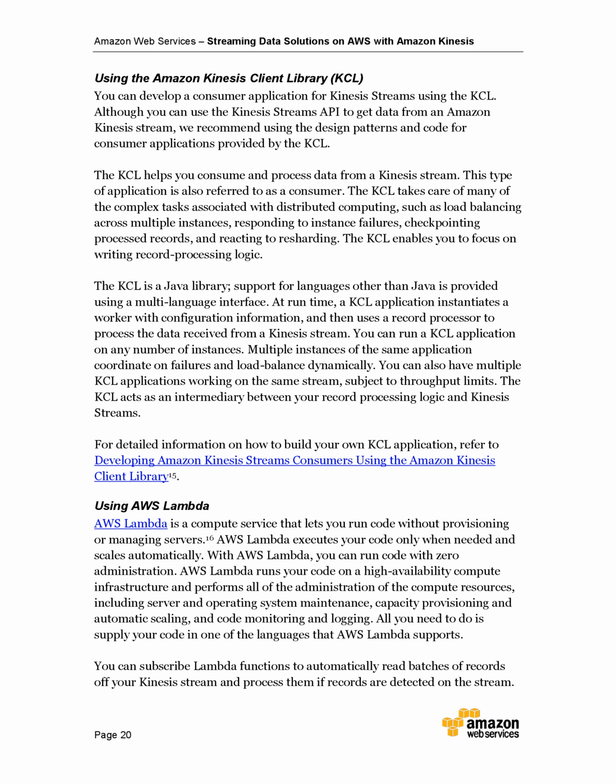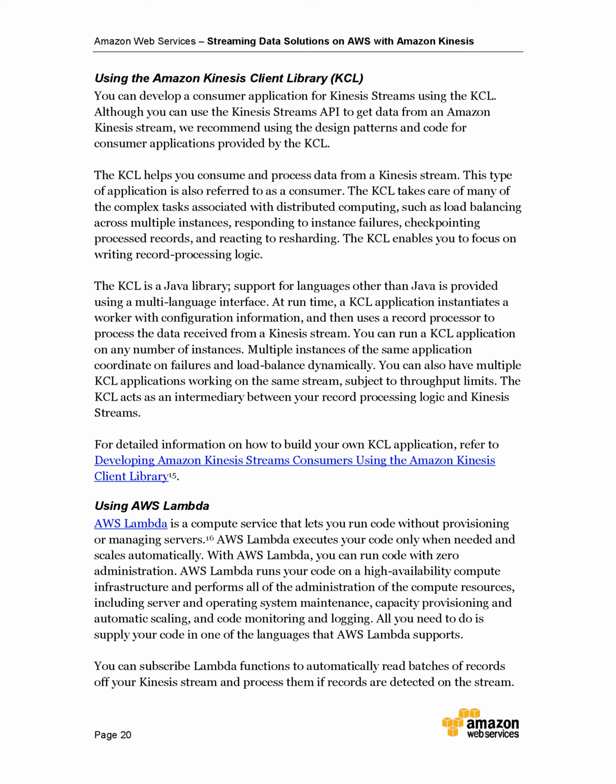This type of application is also referred to as a consumer. The KCL takes care of many of the complex tasks associated with distributed computing, such as load balancing across multiple instances, responding to instance failures, checkpointing processed records, and reacting to resharding. The KCL enables you to focus on writing record processing logic.